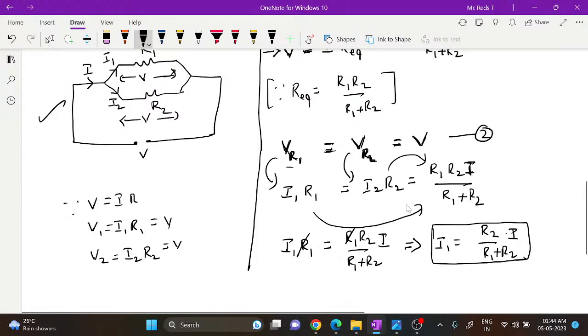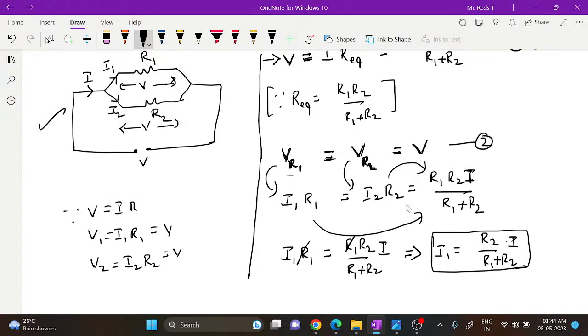You can also say that in the figure, the current through the resistor R1 is equal to the resistance of the other resistor by the total resistance. So when you are finding I1, you just take the other resistor, that is R2, by the total resistance R1 plus R2 into the total current in the circuit,